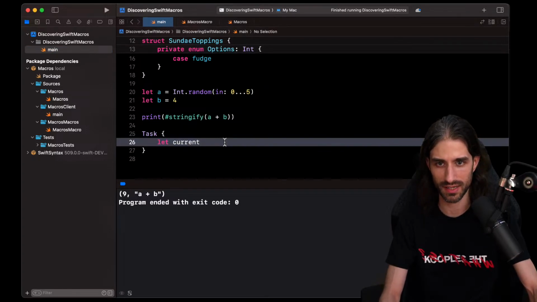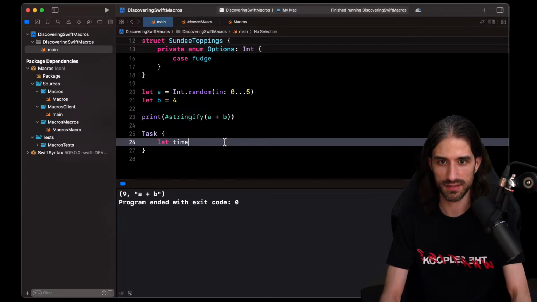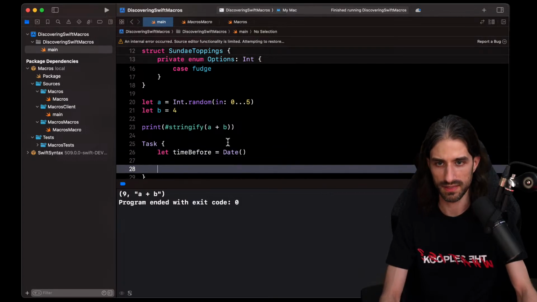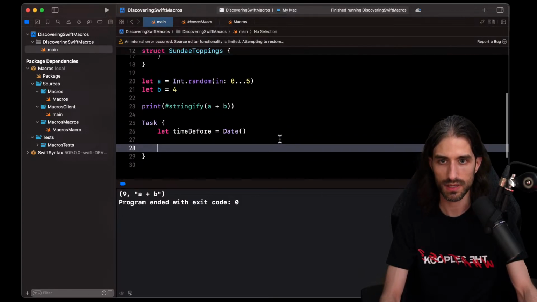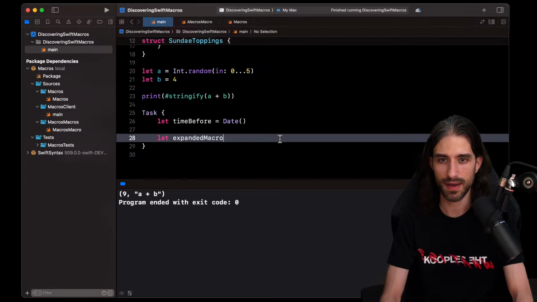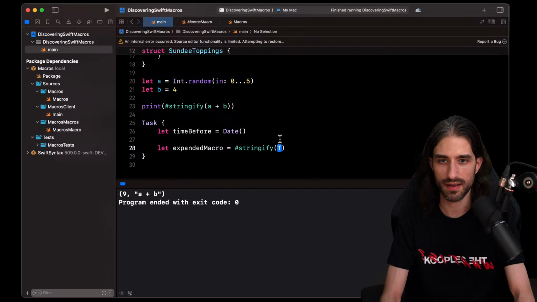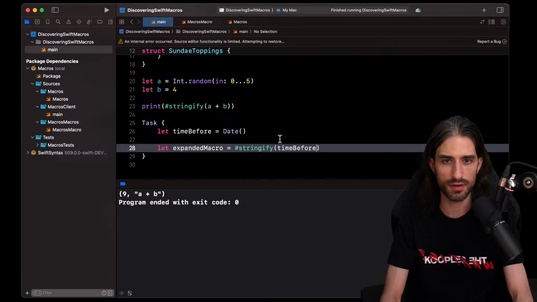So I'm going to do something like current, more like time before equal date, okay? Then I'm going to do let expanded macro equals, so hashtag stringify time before.